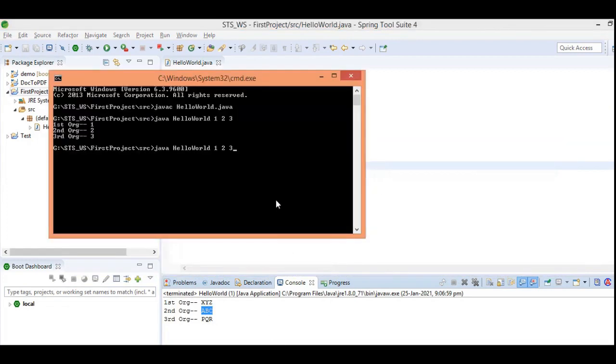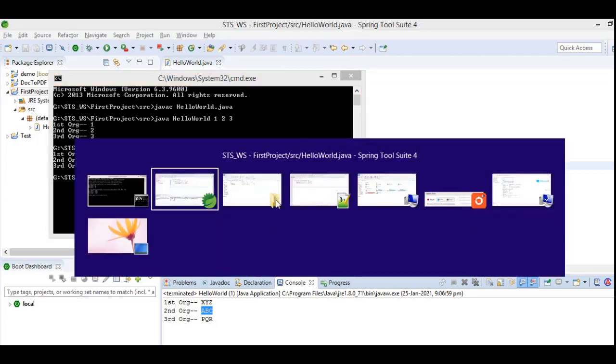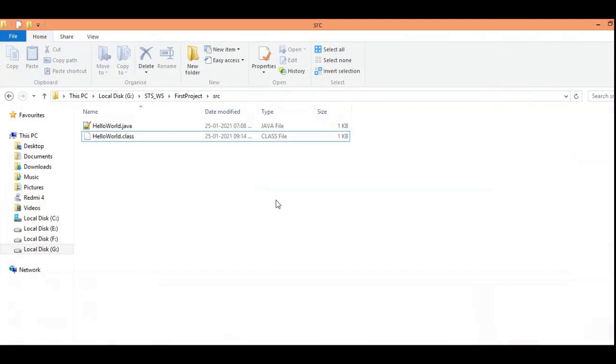If I give the same input parameters, like x, y, z, a, b, c and p, q, r, it will give the same type of output. So here you understand that java is the interpreter and javac is the compiler. Using the java command you will get the output, and using javac you will get the .class file.